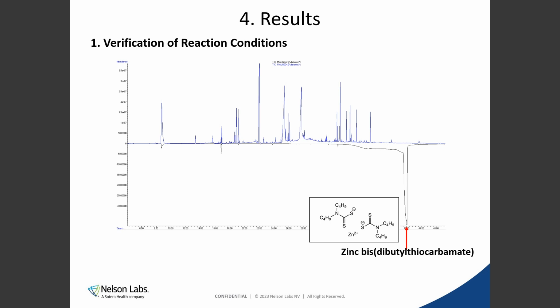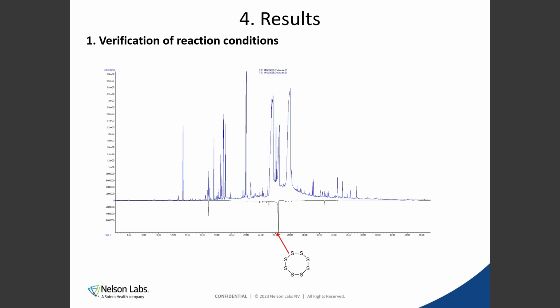And the first idea was, will that peak of the accelerator down on the downside disappear during the reaction? And if you see there, it's completely disappeared after the reaction. That's no problem. The conditions were at least good enough to let them